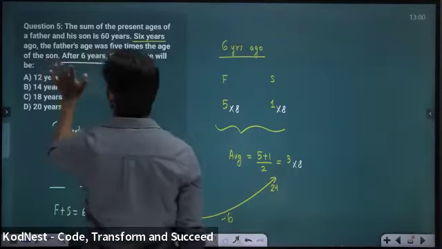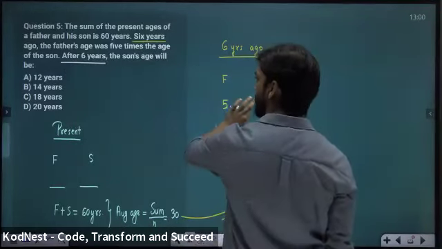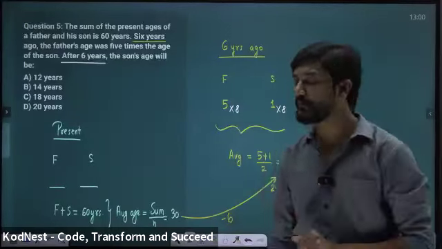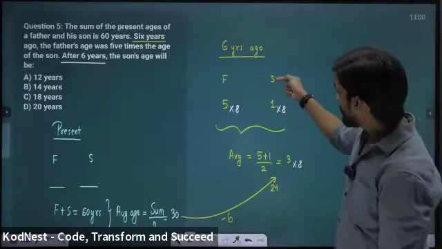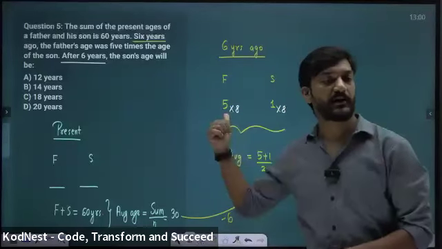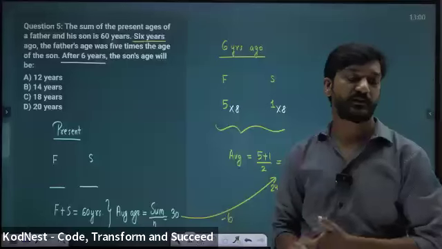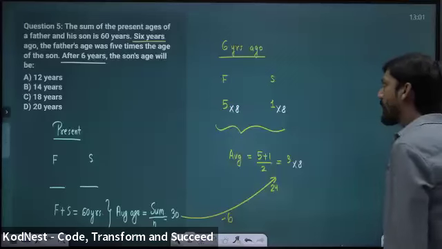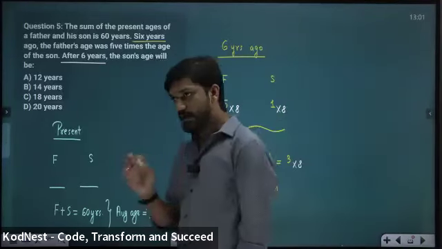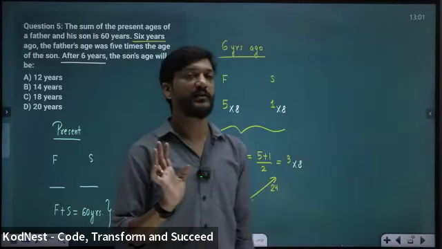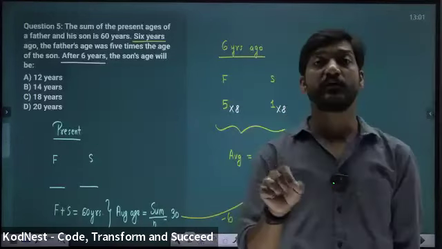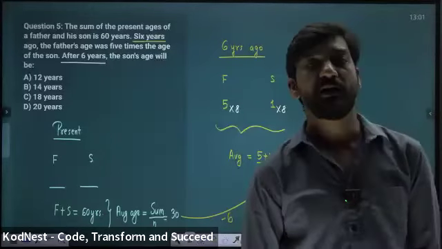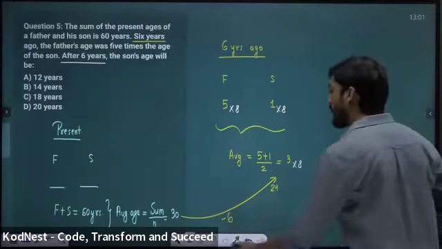After 6 years. Okay. Be very careful. This is past. This is future. Be very careful when you have past and future. Then only. Son's age, 8 years, 6 years ago. What is present age? Present age, 6 years ago, 8. So present how much? 14. Okay, so present 14. So 6 years later, how much? 20.